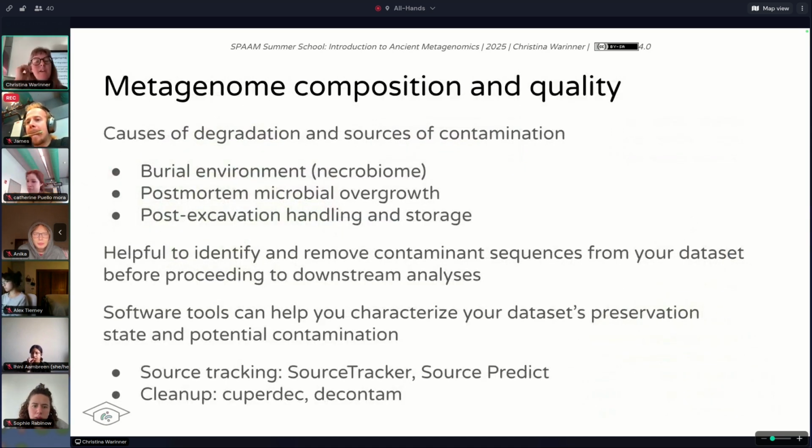So we're going to talk about metagenome composition and quality, and the causes of degradation and sources of contamination. The major sources of contamination, or kind of the DNA that is in your sample that's not necessarily your target of interest, it's not from the ancient environment or microbial community you want to analyze, come from the burial environment. So that's that microbiome, all those soil microbes that exist in those sediments who are very happily helping to decompose